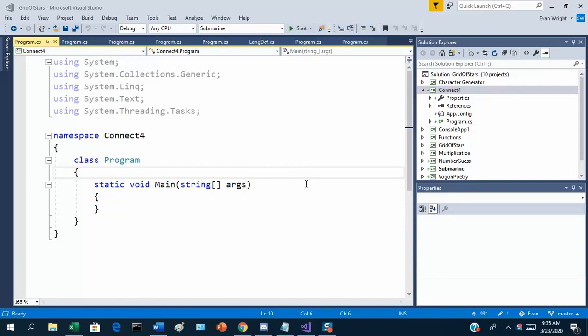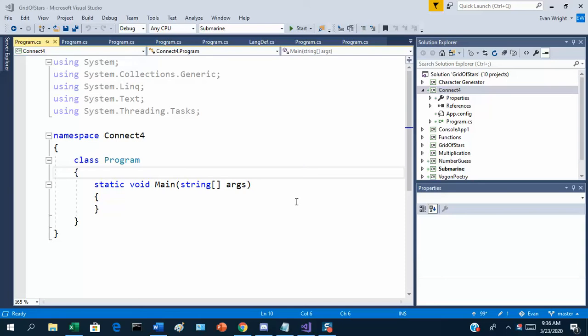Hello, in this video I'm going to show you how to make a simple console-based version of Connect 4. This is going to be a grid-based game, very simple. There isn't going to be any win checking for the fours in a row. It's just going to allow you to play the game, and you have to spot when somebody's won or not. And if you follow along with this, you'll be in a good position to do the submarine game,